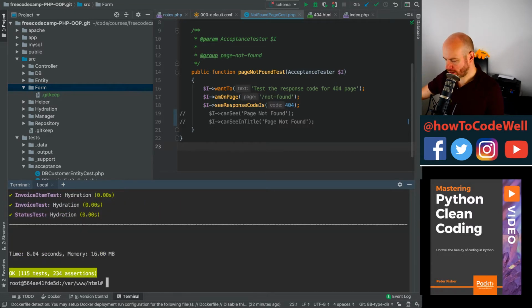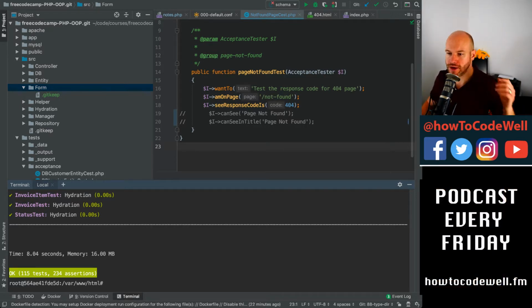But the point here is that we're doing it in iterative steps. We're not just suddenly going through this file system, removing all the stuff and then running the tests all at once, because that would just be chaos. We're doing it one at a time. So next one is